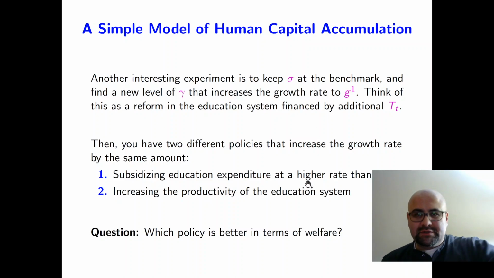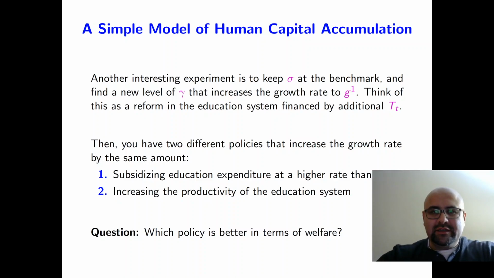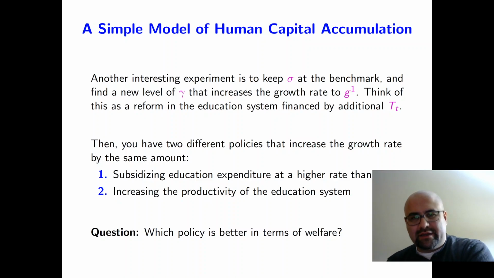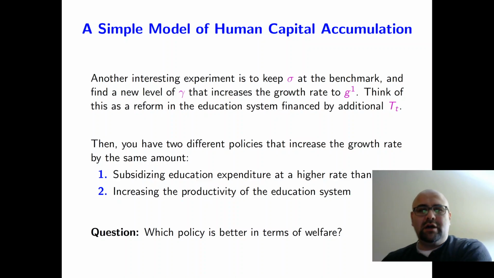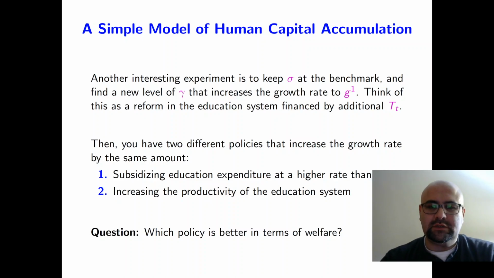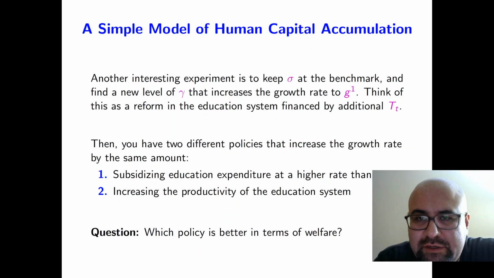One is the subsidy increase on education expenditure, and the other is not increasing the subsidy rate, but uses that tax revenue for some educational reform. And that educational reform increases the productivity of the human capital technology. All right? So then we can compare these two policies along some third dimension. Okay? For welfare, for instance. All right? So which policy is better in terms of welfare? So as you see,